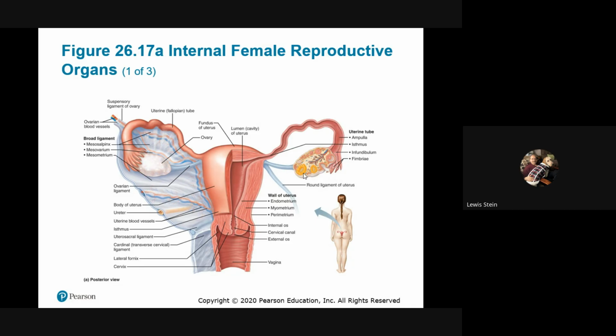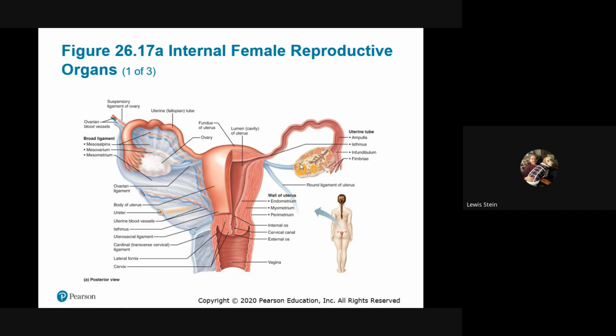In the event of implantation, then it will continue on for roughly the first trimester until the placenta takes over producing estrogen and progesterone. If there has not been implantation in 10 days, in other words, there's no pregnancy, it will begin to die. Die may be a bad term, but it'll lose its function, it'll shrink, it'll become what we call the corpus albicans, which, rather than the corpus luteum, which means yellow body, albicans means white, and it